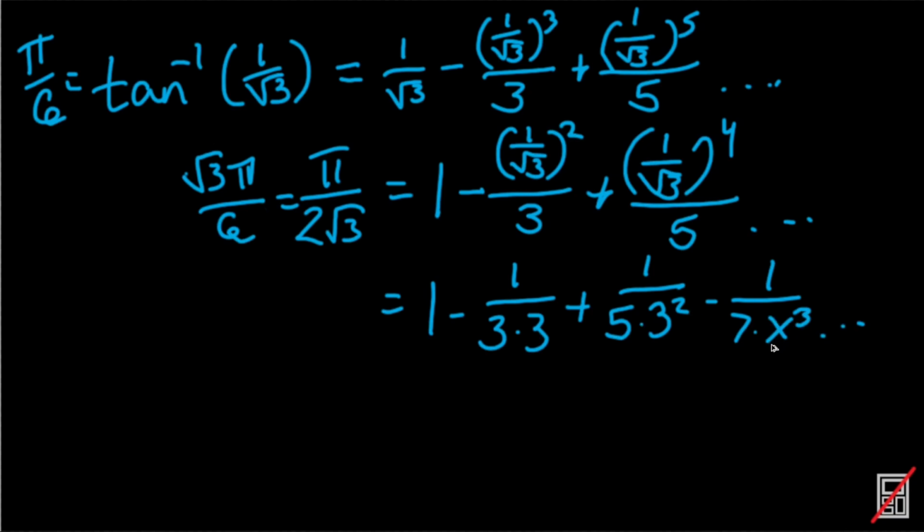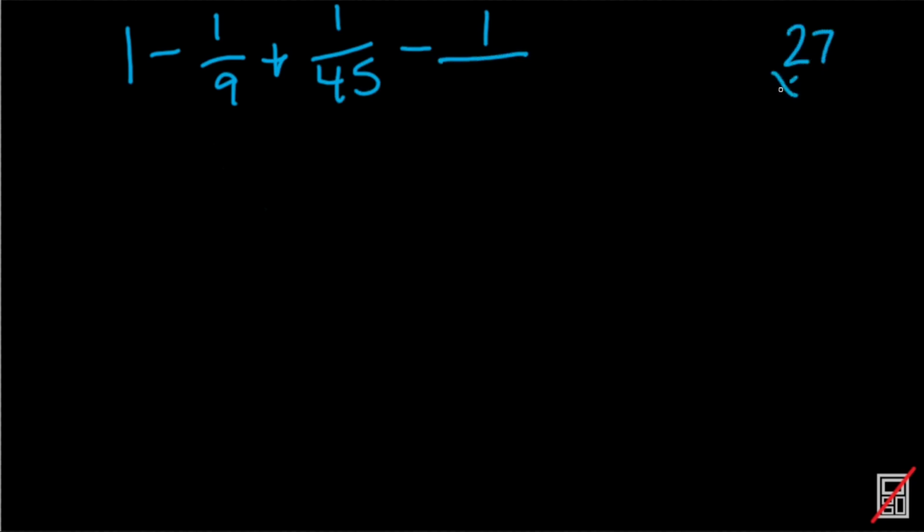And from here we can just calculate. Now these are fractions just like before. We get 1 minus 1/9 plus 1/45, 3 squared times 5, minus 3 cubed times 7, which is 27 times 7,